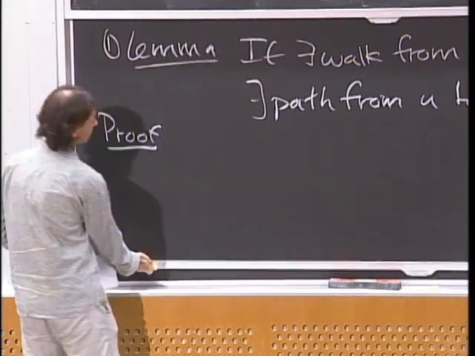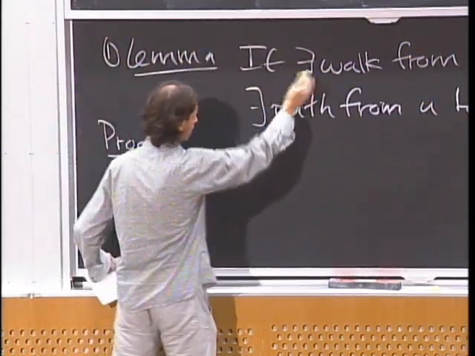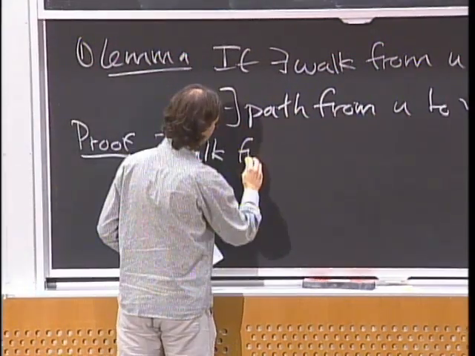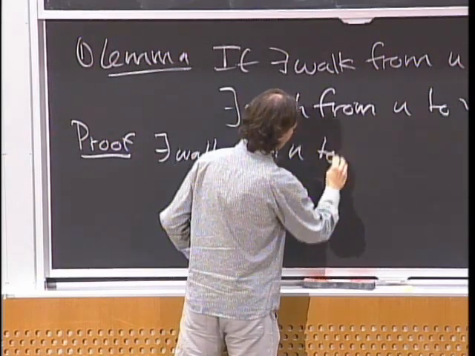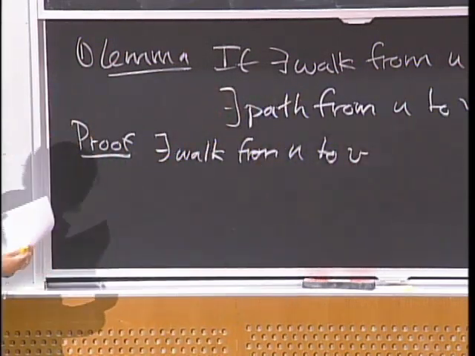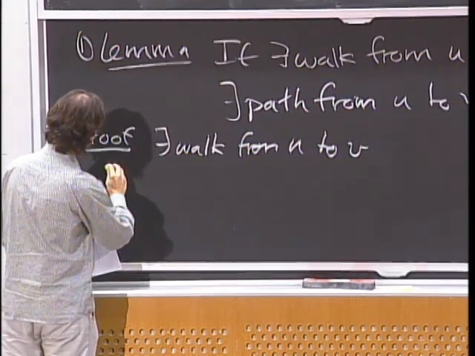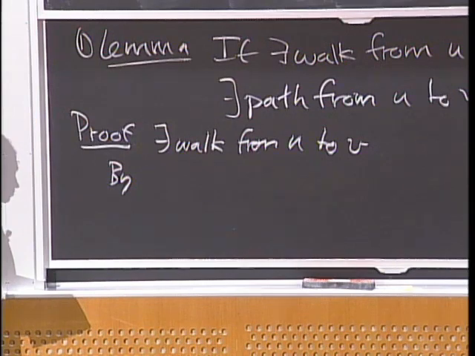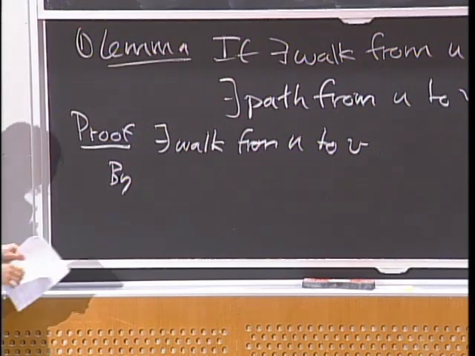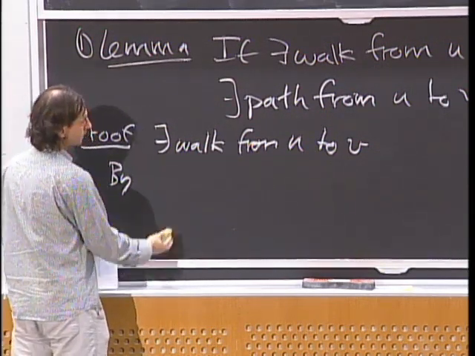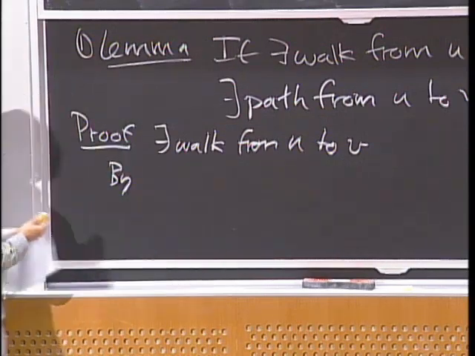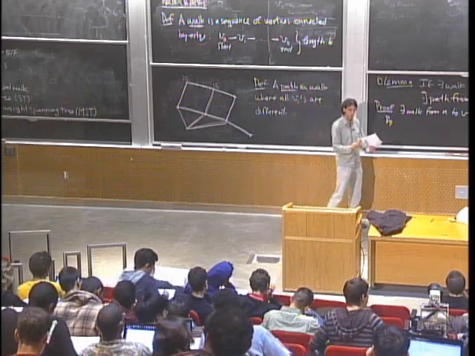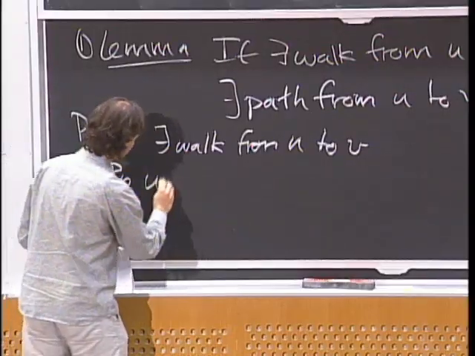So let's prove this. Suppose there exists such a walk from u to v. Then we know by the well-ordering principle that there exists a walk of minimal length. So that's what we're going to use here. And then we're going to go in the same direction as what you were talking about, because we're going to show that it's not possible to delete anything more, because otherwise, if you could do that, the walk would get shorter, and that's not possible, because by the well-ordering principle,